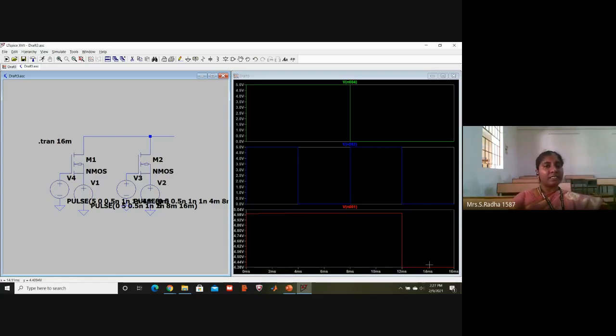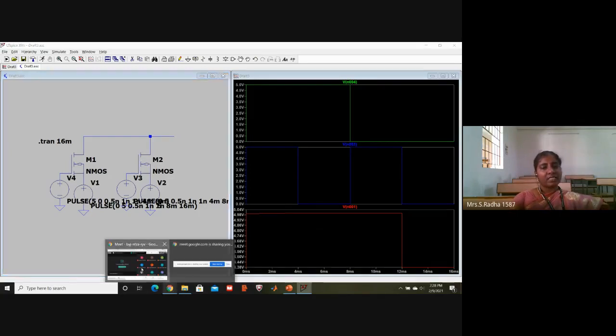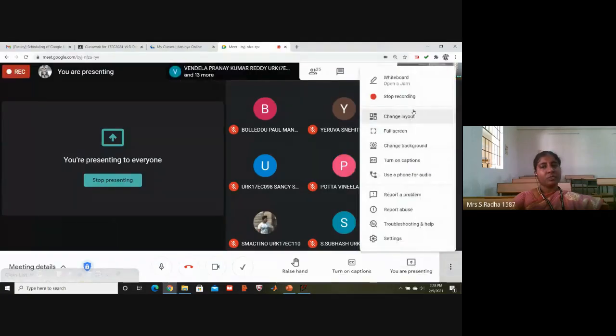But in transmission gates, this strong 0, weak 0, strong 1, weak 1 concept will not come. Exactly, logic 0 means 0 volts, logic 1 means 5 volts will come. Otherwise, the waveform is correct. But if you analyze it particularly, for 0 it is giving 4.38 volts, and for 1 it is giving 4.98. This is that weak 0 and strong 1, which is the concept of NMOS pass transistor. By this the OR gate is completed using pass transistors.